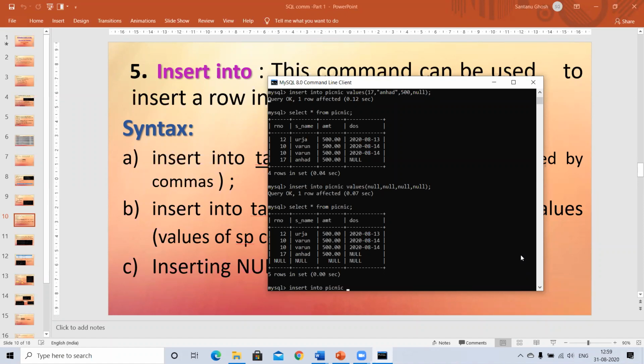Now, after the table name, you have to give the list of columns for which you want to make the entry. Okay. I want to make the entry for only name. I don't want to, sorry, it's S underscore name. So I only want to make the entry for name. Rest I don't want to enter. Let me do it for at least two columns. So it's RNO and name. So I'm trying to enter the value for these two columns for my current record. For the new record you insert, I'm just giving you values for these two. I don't know the amount and I don't know the DOS.